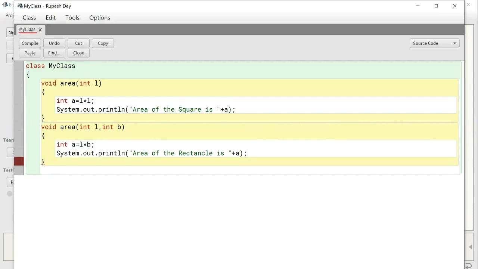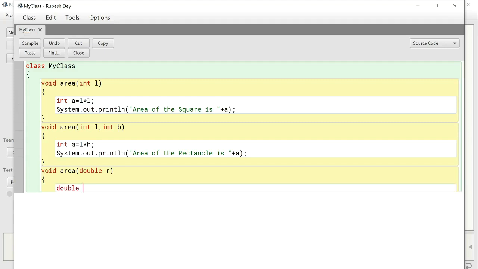Now see, these two functions are different in their number of parameters. In the first area function it has one integer parameter, in this next function it has two integer parameters, so a different number of parameters. Now in the next area function I will calculate the area of a circle, void area. Here also we need one parameter, that is the radius of a circle. So one parameter's area function is already there, so we have to make the area function with one parameter where that parameter will be different from the first area function in data type. So double R for radius. Now see, these two area functions are different in their type of parameter, not in number of parameters.